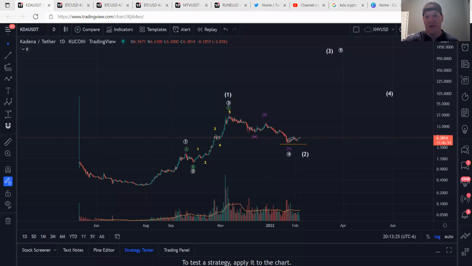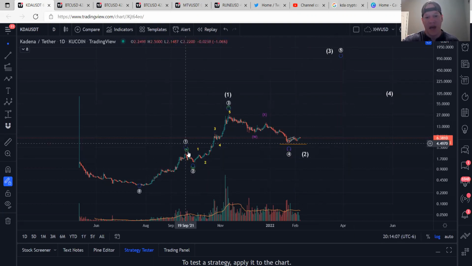So let's hop into the chart from a macro standpoint. I will look at the macro and then I'll dive deep down into the details on the micro. But as of right now, this could be one of two different things on a macro level. We could have the white circle 1, 2, 3, which would indicate a fifth wave extension because this third wave did not reach 1618. So if this is indeed a 1, 2, 3, and then we have an impulsive fifth wave up, we will extend, and in my opinion, we will extend over $1,000.